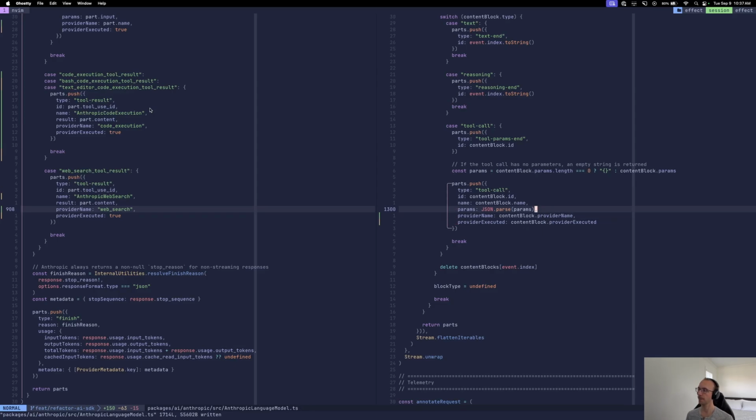Cool. So hopefully that gives us enough on the provider side to deal with all of these different types of provider defined tools. We still need to go back to,